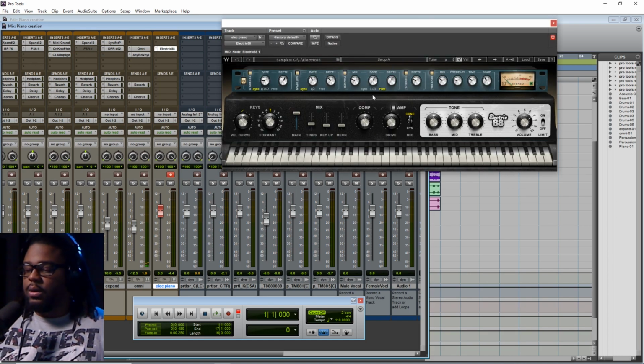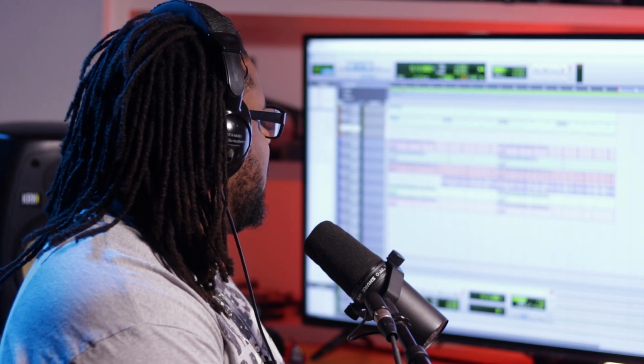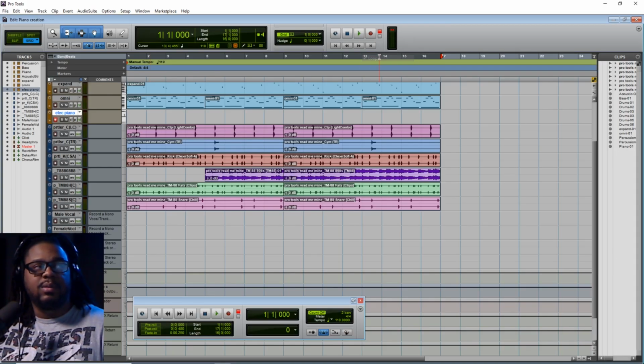All right, so I went ahead and loaded electric piano. I'm going to try to add that in there just because that seemed like it could be a good fit. So let's go ahead and get that recorded. I'm going to take this off loop, and in the process of taking that off loop, I'll put this back to quick punch, and I'll go ahead and